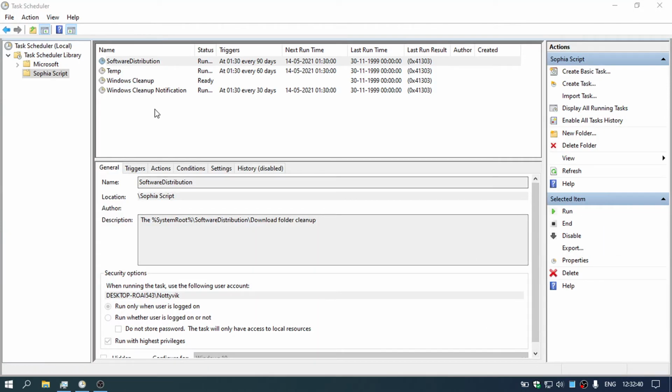So it just ran. All these tasks are just to clean up some Windows space.